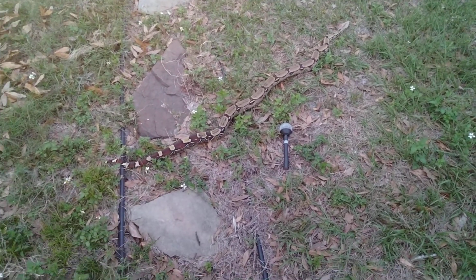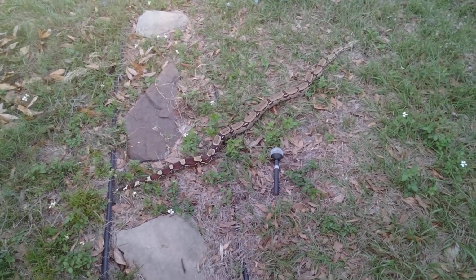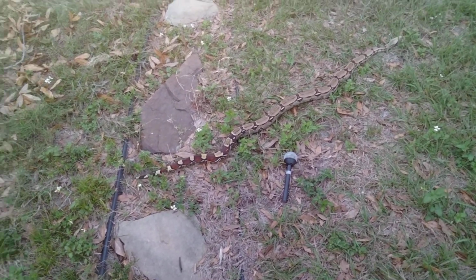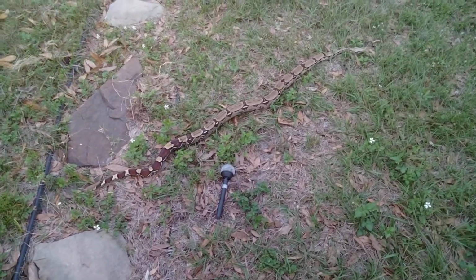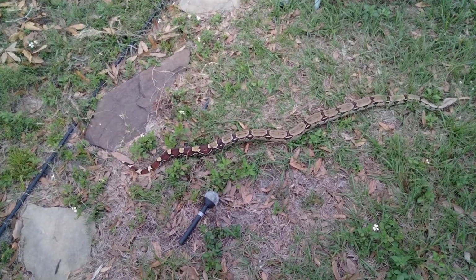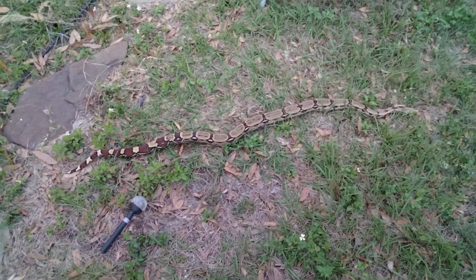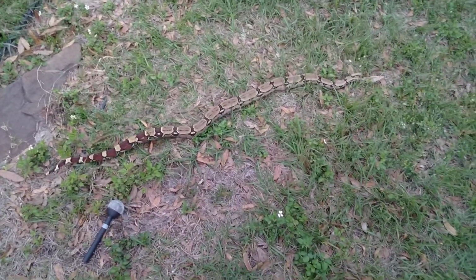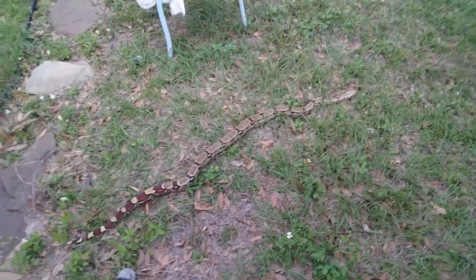And she was only 4'8". Now she's 6'5", and she was eating every 2 weeks a medium rat. Since getting her and slowing down her feeding, she's consistently grown about an inch a month, give or take a little bit. So while she'll probably stop around 7 feet and be the smallest of the 3, I can't blame food cycling